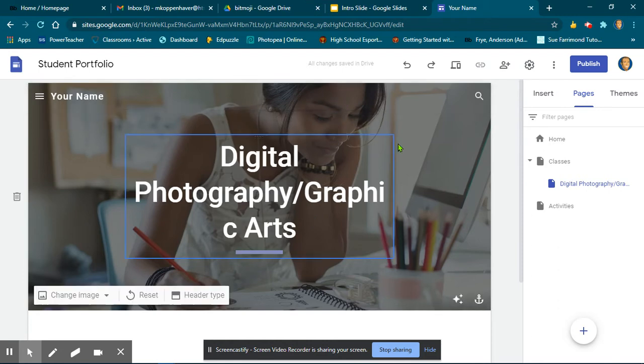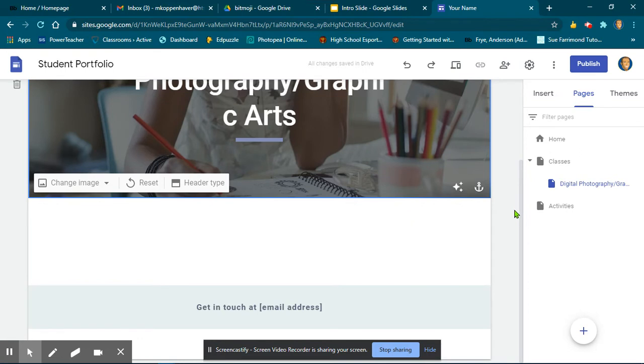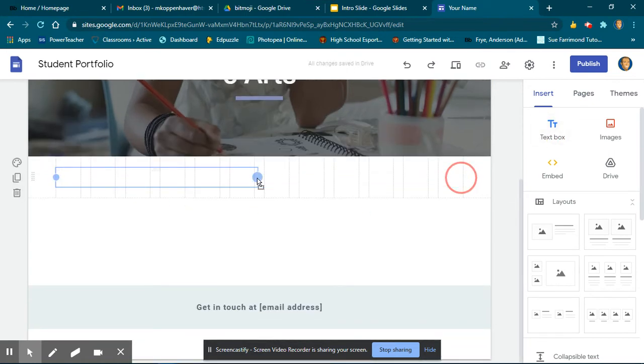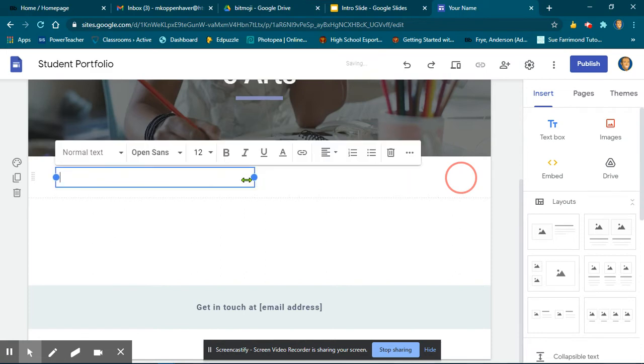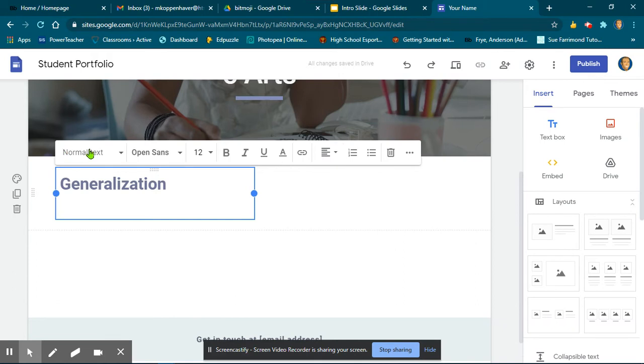Again, you're going to have to change this picture like you did before, right? But there's nothing here, okay? There's nothing here. So what you have to do, you have to come up here to insert and then text box. It creates this text box. I don't want it to go all the way across. I want it to be halfway across, right? And I'm going to make a title, okay? And this is going to be generalization. And then I hit enter on my keyboard, and now